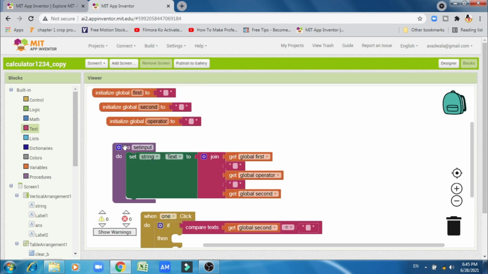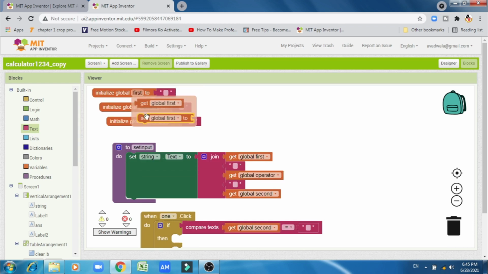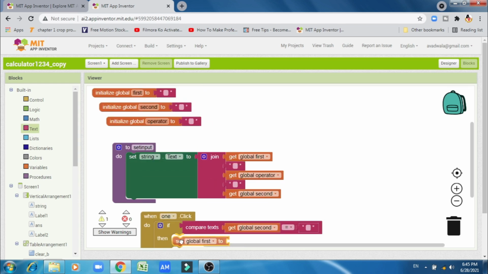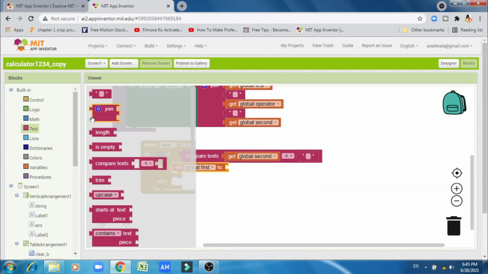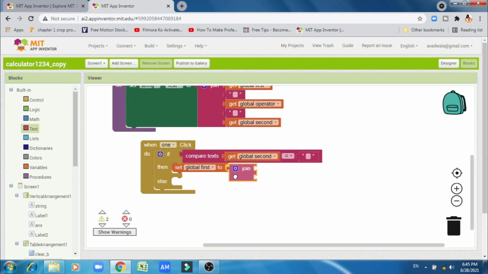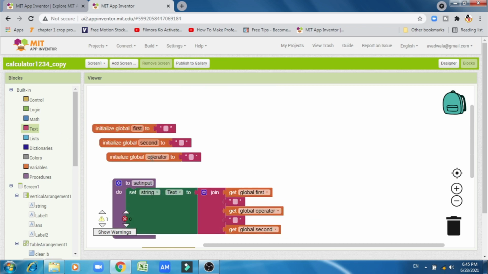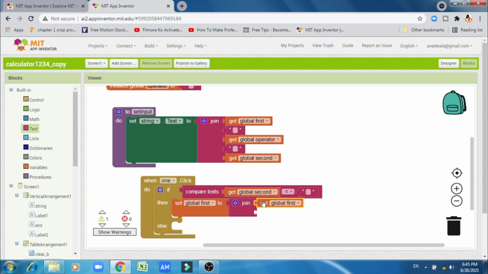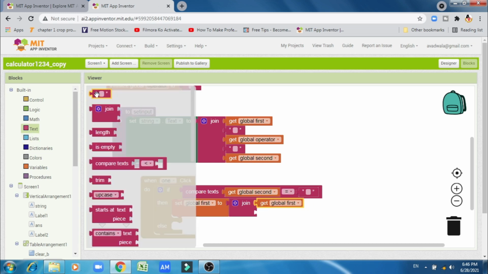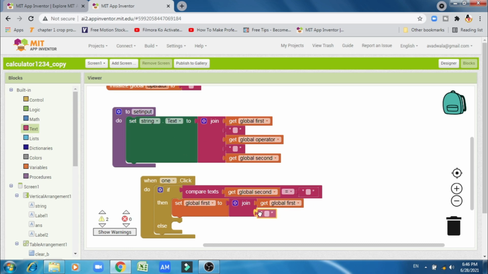set global first to. Now again we have to use that join section, join get global first, global first, then is equal to 1.